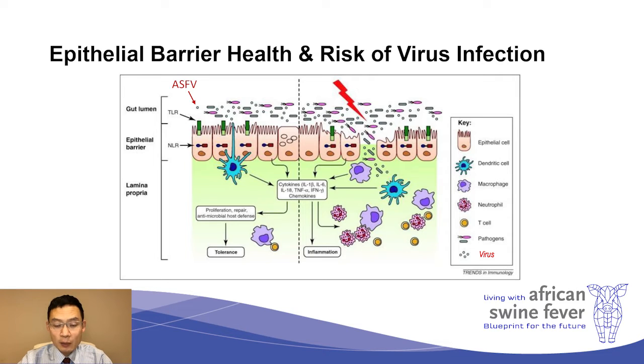And potentially that will help us to reduce infections, or at minimum to increase the minimum infectious dose needed by this virus to infect the pig. On the other hand, if we have some damage on this epithelial layer, whether that's gastrointestinal damage, diarrhea-related damage, or damage related to another virus challenge that caused a lung lesion, for example PCV2 or APP,